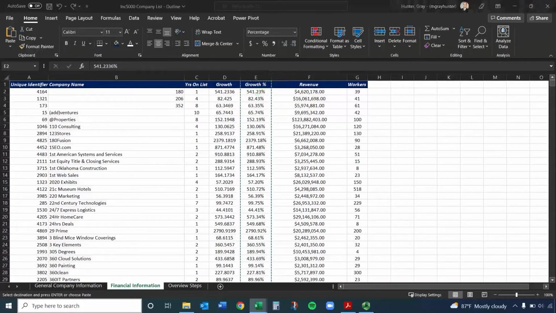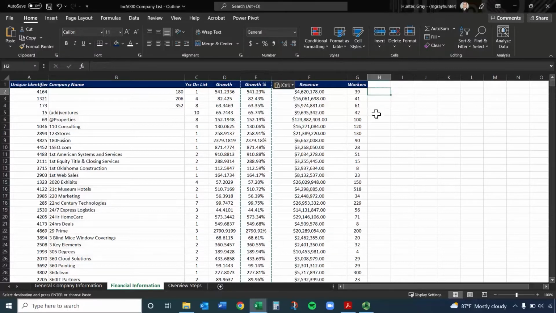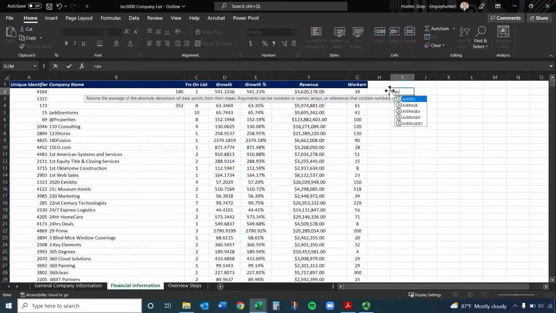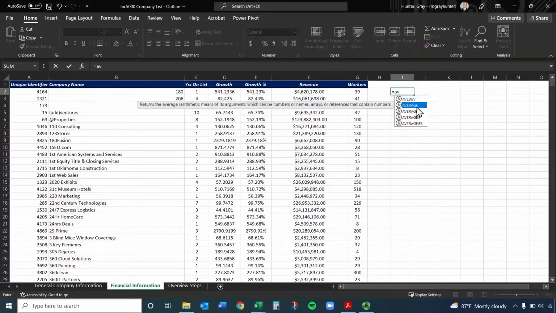Some other different commands. You can use averages. So Excel is set up to do things like maybe I quickly wanted to see the average number of workers. I could do equals average. So I start typing equals AV. And it gives me a list of these. And there's a bunch of different commands. So I love IF commands. But if you just want the average, you can either click on it and double click,